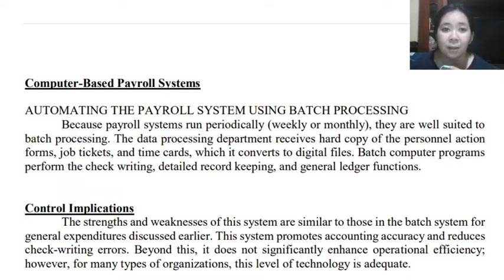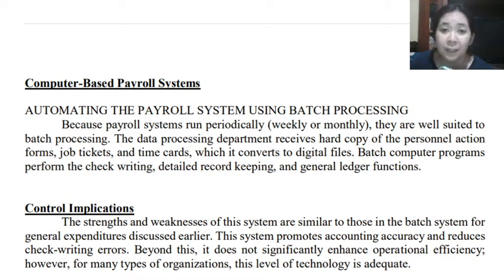To continue, what about for a computer-based payroll system? Here, automating the payroll system using batch processing. In this case, because payroll systems run periodically, meaning it can be in a weekly or monthly period, they are well suited to the batch processing system. So the data will be processed